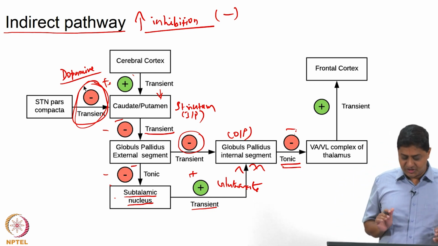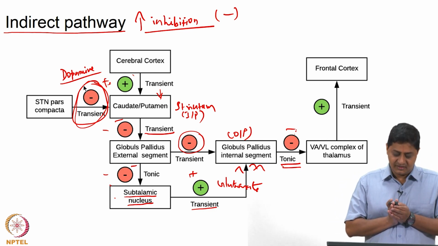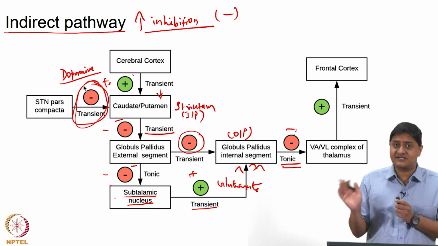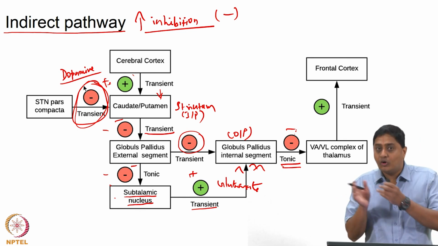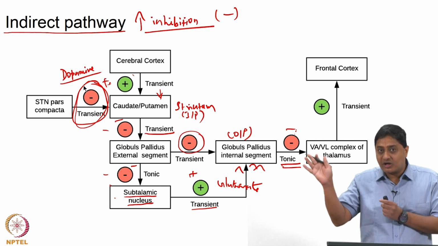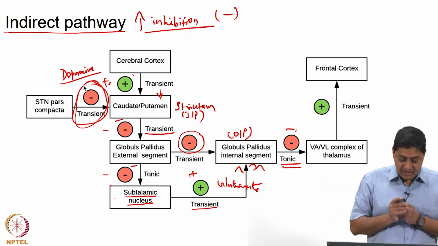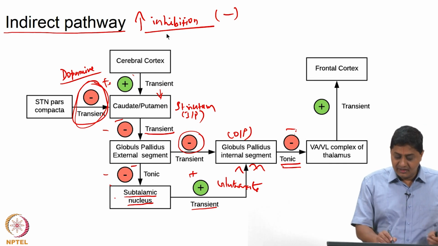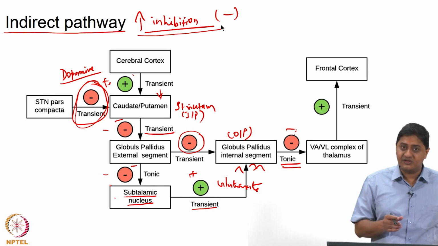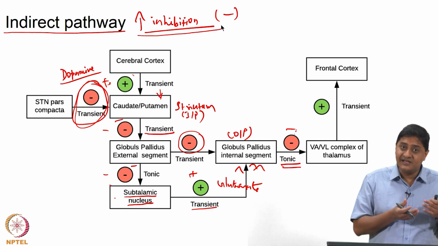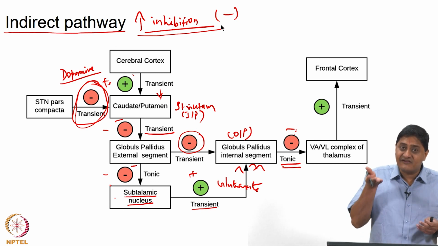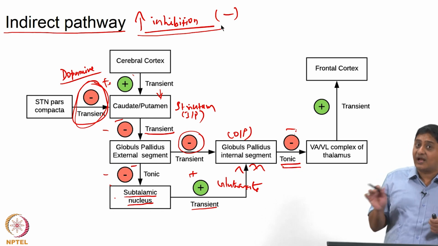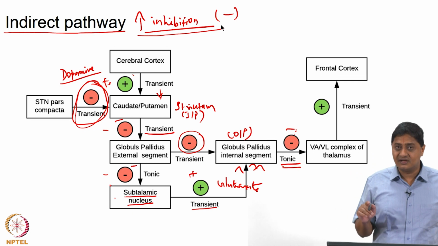We will discuss in a future class, but essentially dopamine or the substantia nigra pars compacta input is always excitatory. The net output of dopamine on the thalamocortical neurons is always excitatory. That is why it is having an inhibitory effect on the increased inhibition producing indirect pathway. So, if the indirect pathway is inhibited, that means the net excitation level goes up. So, dopamine always has an excitatory influence on the thalamocortical neurons, something that we must discuss in future classes.